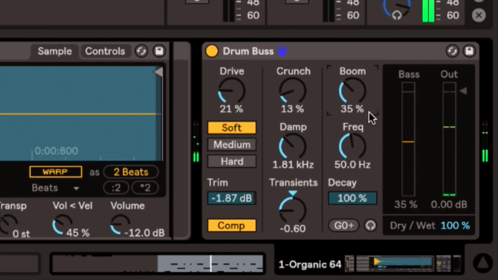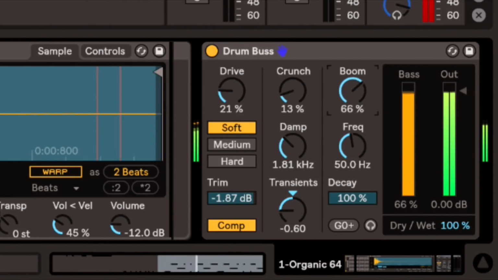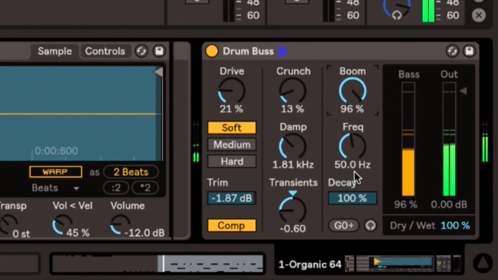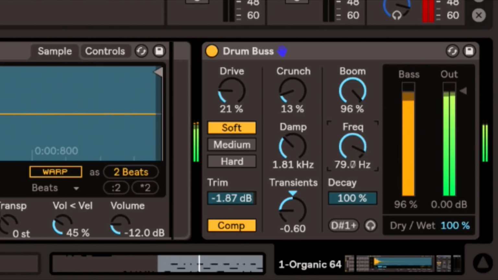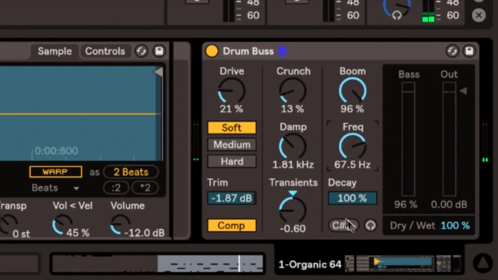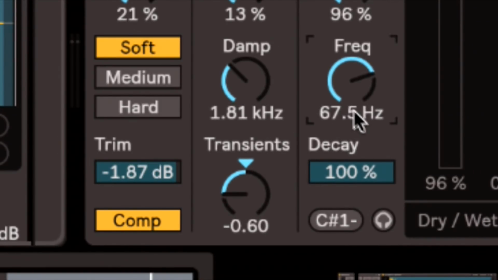Then I'm going to go over to the boom section here, and this is all dealing with the low end. As you can hear, we can get a lot of resonance right away. And then I can go ahead and start tuning that resonance with this virtual encoder right here. As I'm tuning this, you'll notice that I'm getting note values right down here as I'm going through the different